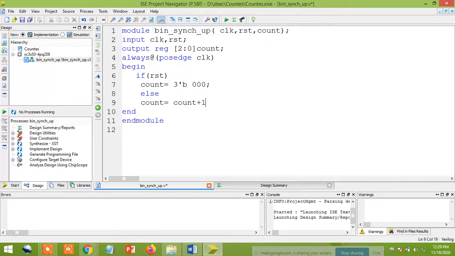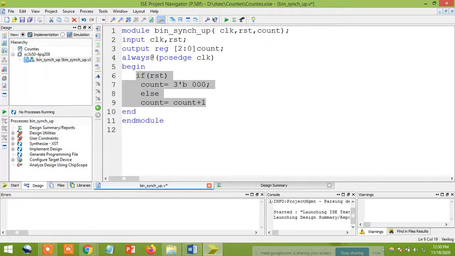In this way also you can do that. So if reset is there, the count value is 0, 3-bit binary 000 I'm doing. And here also, if you want, you can define a 3-bit binary 001, you can take as you wish. Otherwise you can reduce this program. So if reset is there, count value is 0, else count is equal to count plus 1. Clear about this one? Only three extra statements we are adding. Is this program clear?